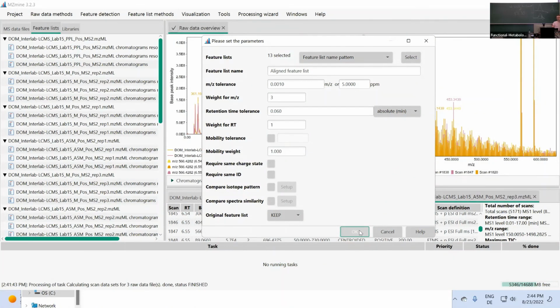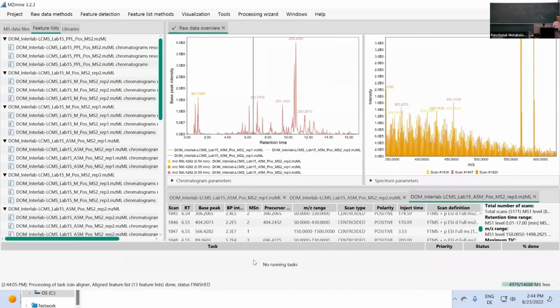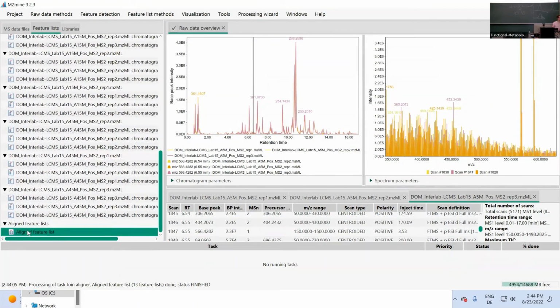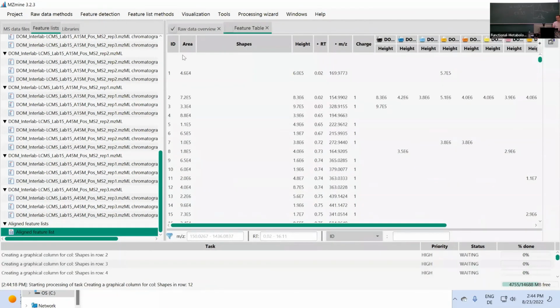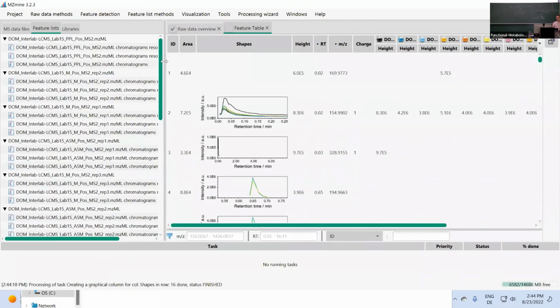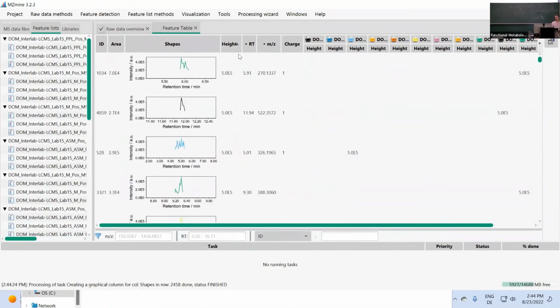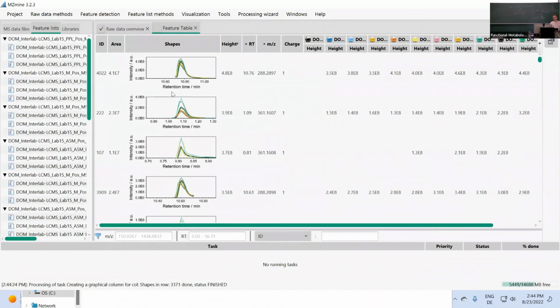We can start aligning the features onto each other. You clicked OK already, right? Yeah, I clicked OK, and it's already done, which was really fast. Usually it might take a little bit longer and not finish instantly, but if we now open that feature list, we can see that our chromatograms here